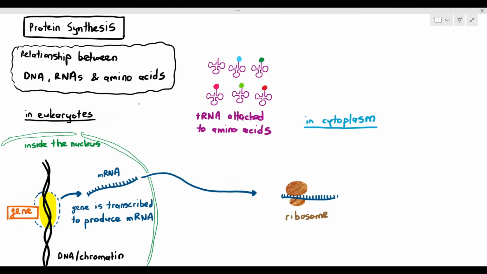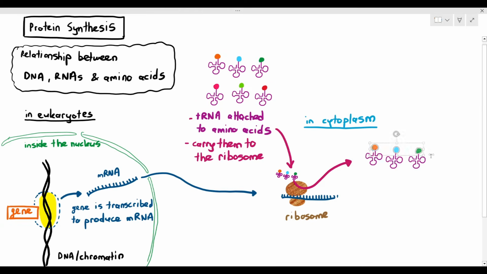And as you can see, I'm drawing out the tRNA over there. I'm just drawing out 6 tRNAs, okay? And each of the tRNAs is attached to a different type of amino acid, as I have represented by different colors, all right? So what the tRNAs will do is bring the amino acids to the ribosome, and as they bring the amino acids to the ribosome, the ribosome will join those amino acids together to synthesize